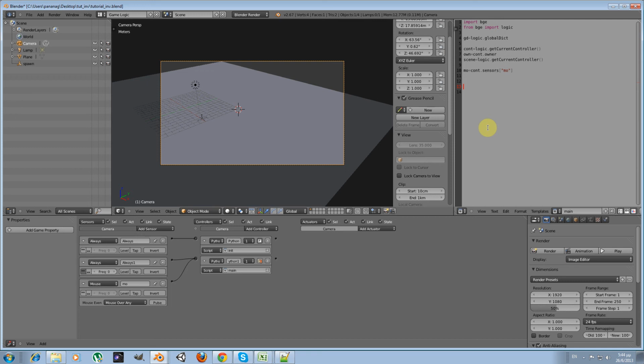Okay, now I'm going to track whether my mouse sensor is over an object, and furthermore I'm going to track whether the left click mouse is pressed. Okay, to track if the left mouse click has happened, I'm going to write if logic mouse,